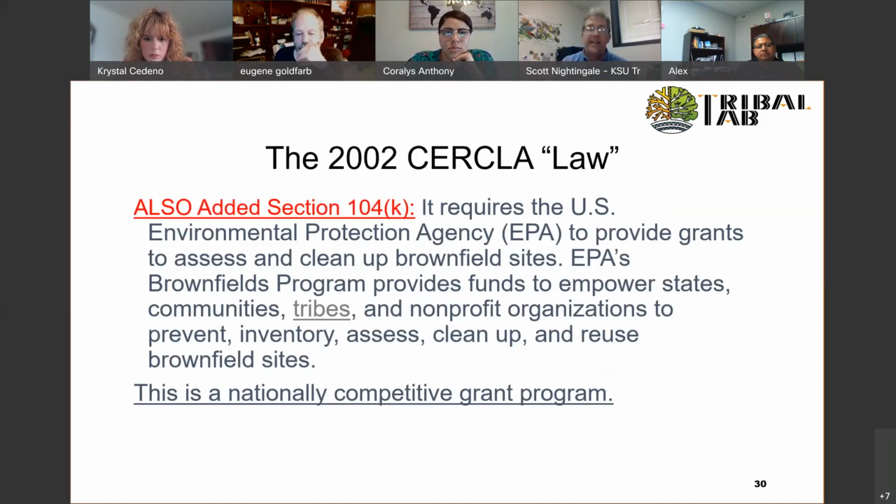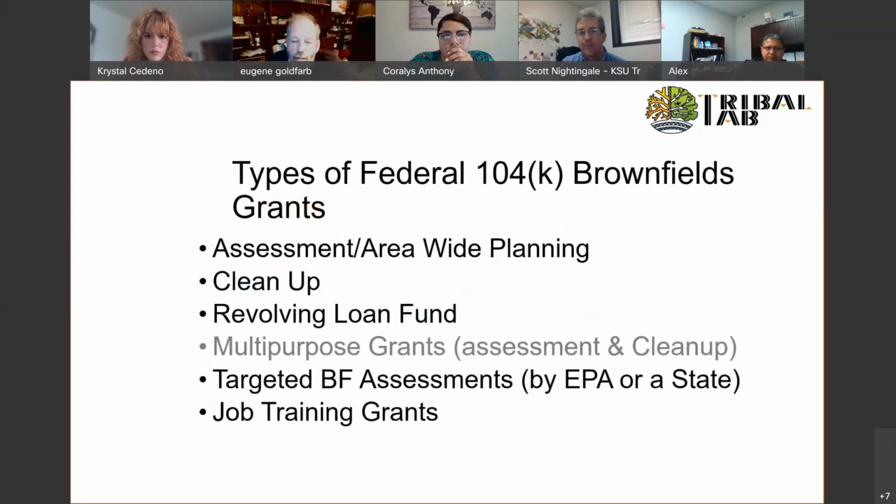And that doesn't have to necessarily run along the lines of tribal and non-tribal communities. Last year in Montana, there was a coalition assessment grant that was issued, and the lead was a town there, and then one of their partners was a tribe. And so everybody's going to benefit from that assessment money together. That's a great model approach.